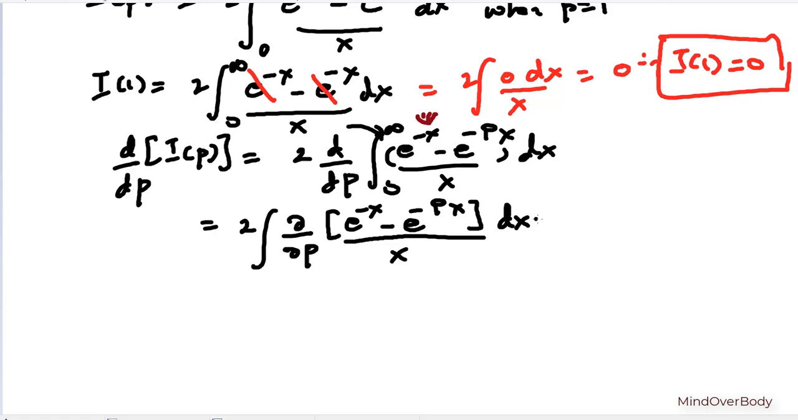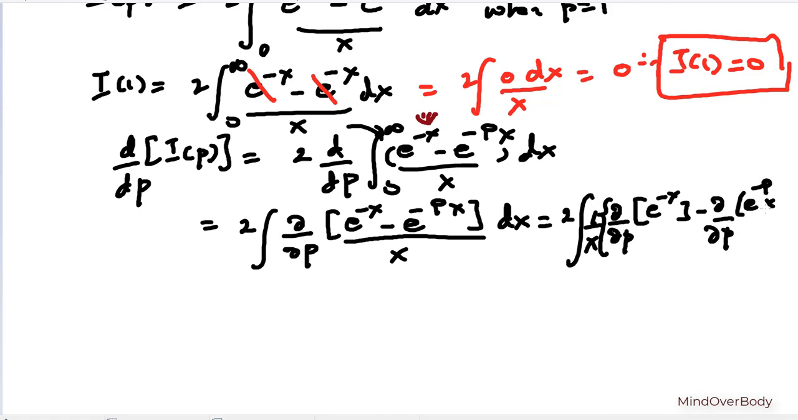Now x has got nothing to do inside the derivative, since we are differentiating with reference to p. So I can safely take that x out, but not out of the integral, placing it within the integral but outside the differential operator's influence. So dou over dou p of e raised to the power of negative x, that's the first derivative, followed by dou over dou p of e raised to the power of negative p times x, times dx. So you have a dx there. So this is equal to 2 times the integral of 1 over x